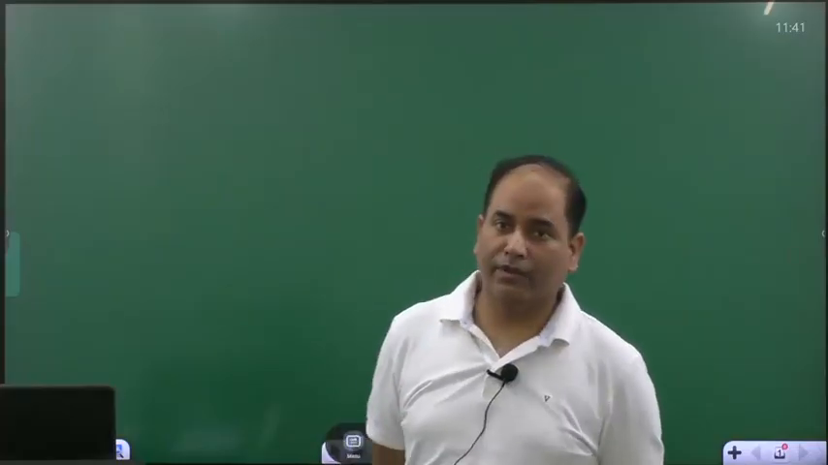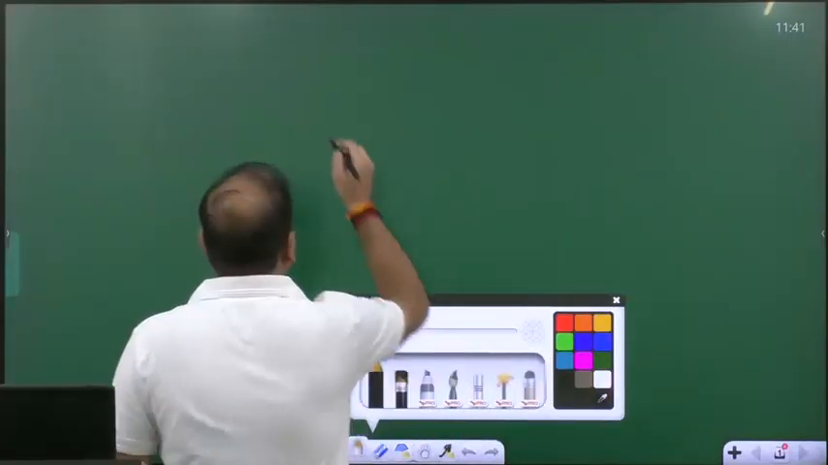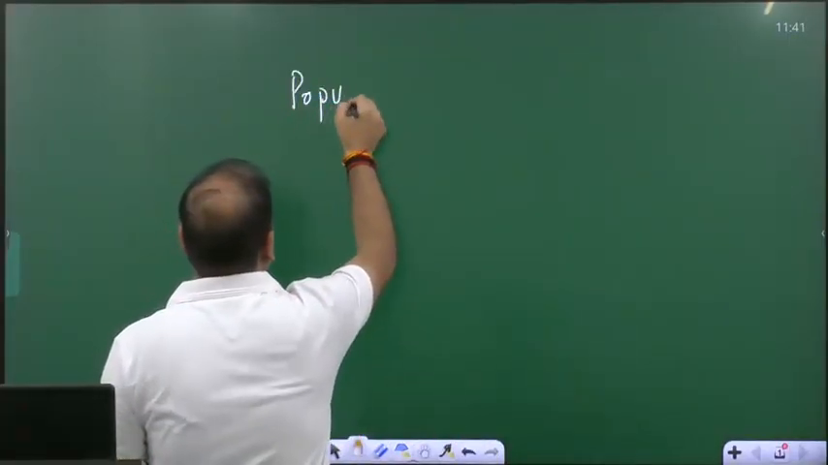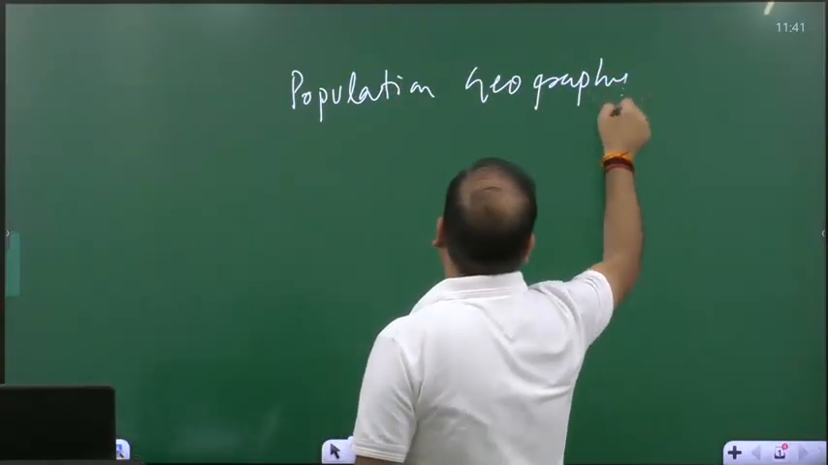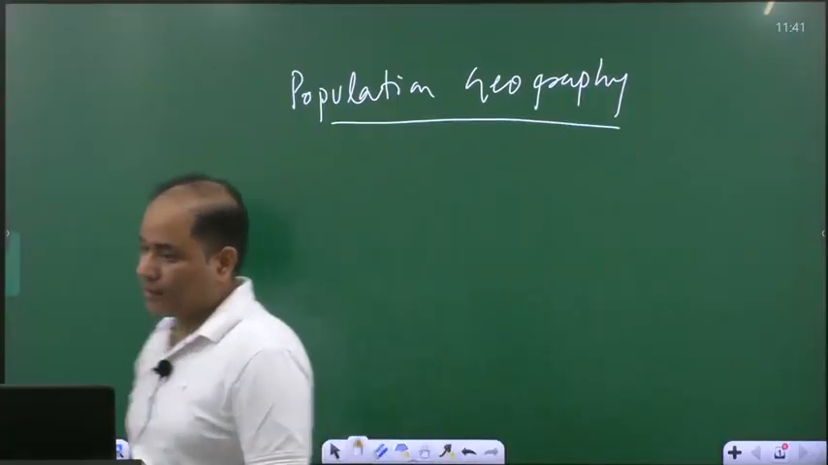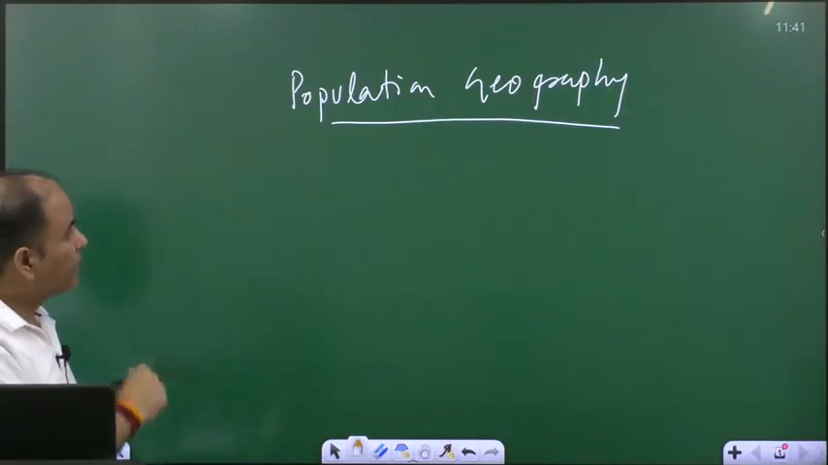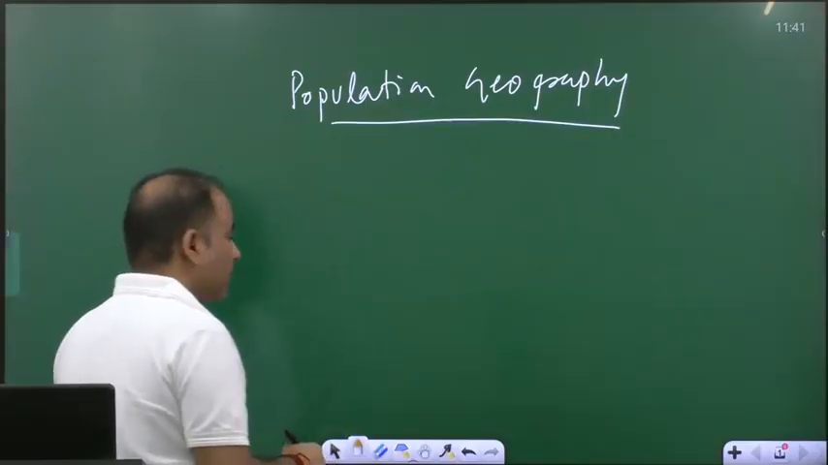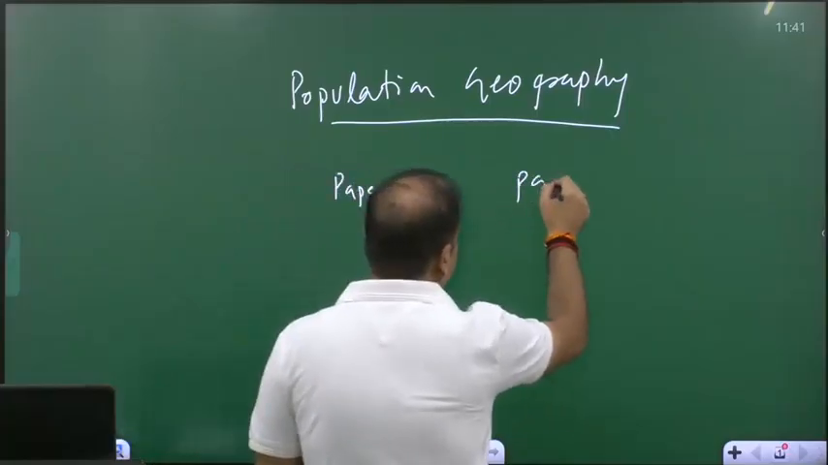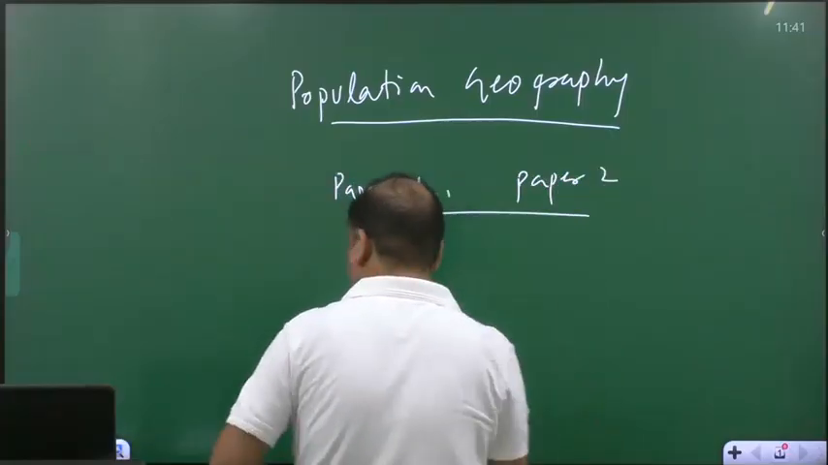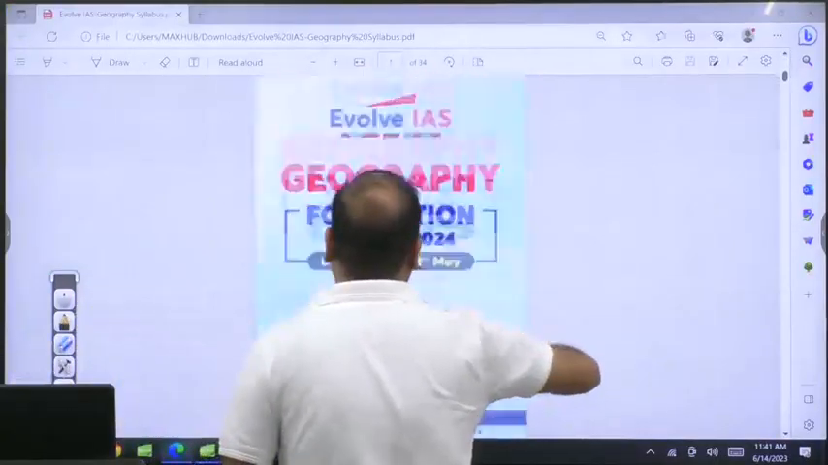So now from today we are starting the population geography. As far as population geography is concerned, population geography is part of both paper 1 and paper 2. In paper 1, if you go through the syllabus, you will find